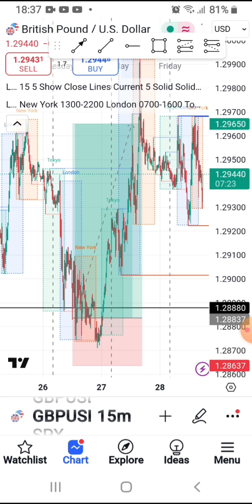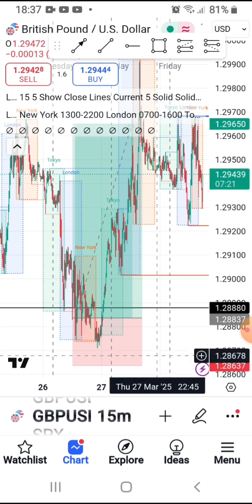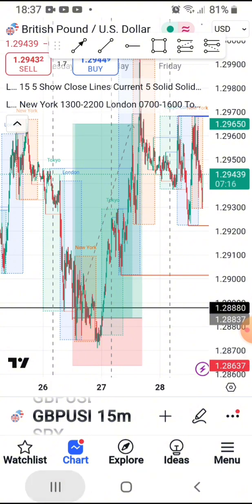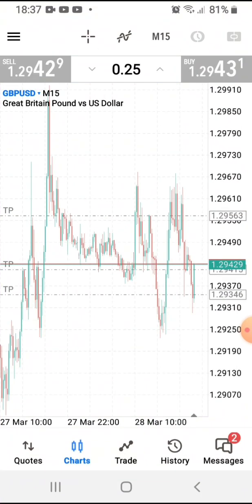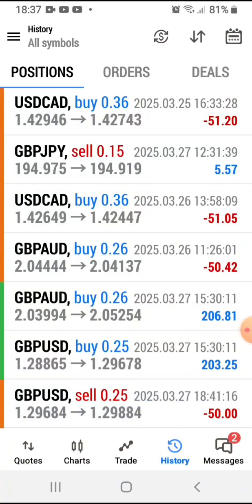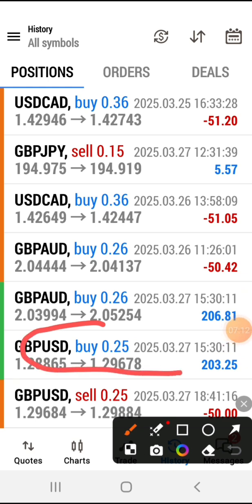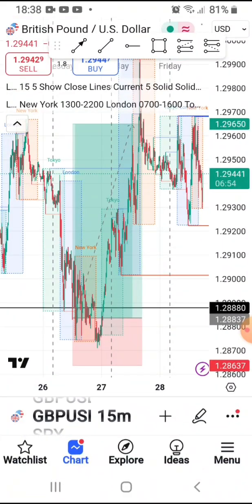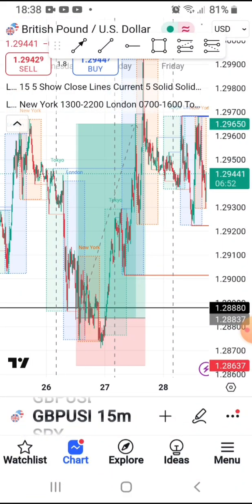200. This is GBP USD, and this trade closed on the 27th of March. So here's the trade here, GBP USD. It closed on the 27th of March, and I made 203.2725 on this trade. Okay, so that is that. Then I'm going to